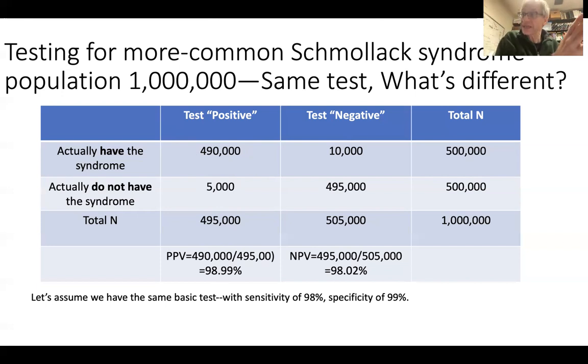It's a common condition, and I tested positive for it. That makes me very confident that I have it. What happens if I get a negative result? Well, interestingly enough, now the NPV is the ratio of these two numbers. It's